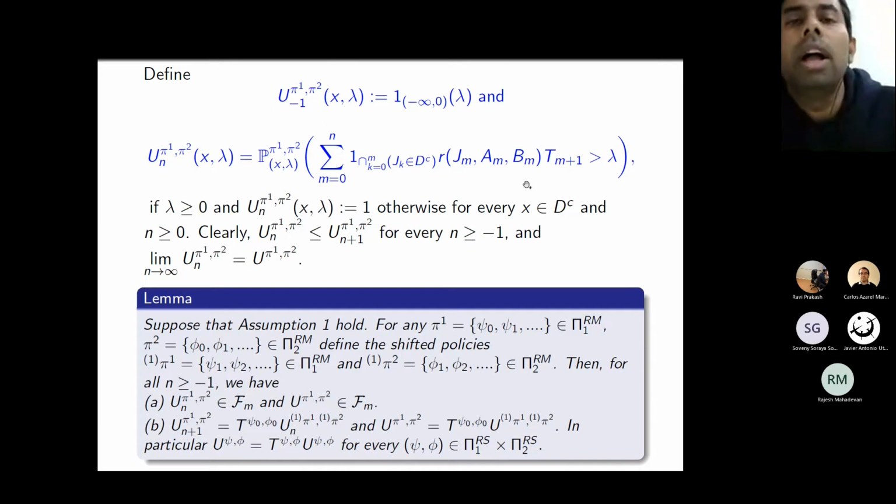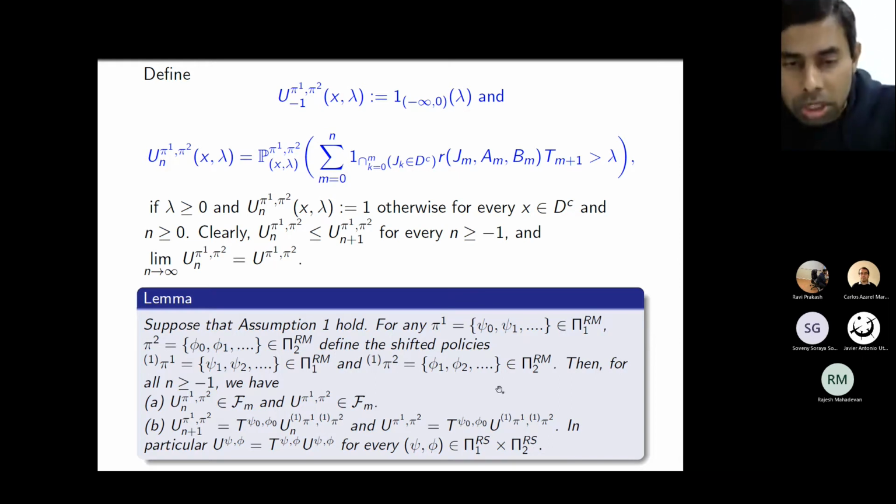So if you have already surpassed the level up to the nth jump time, then obviously you will surpass it up to the n plus 1th jump time. That's why you have this, and this is just precisely this thing. This limit is this. So we have defined un in this way. So limit n going to infinity, un is equal to this. Fine. So now we have a lemma, but I don't want to go into very much detail of this lemma,